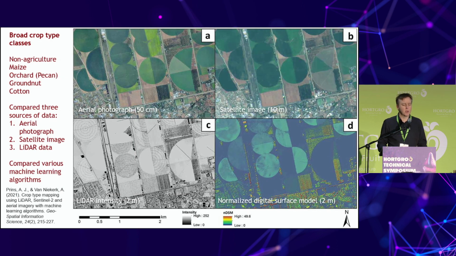This was a study also in crop type differentiation in the Vaalharts irrigation scheme, and in this case we compared different data sets. So most of my research is about the use of satellite imagery or remotely sensed data. In this case, we compared aerial photography at 50 centimeter resolution, so similar to drones, satellite imagery at 10 meter resolution, and then LiDAR data, which is a laser scanner at 2 meter resolution, and the crop types in this case